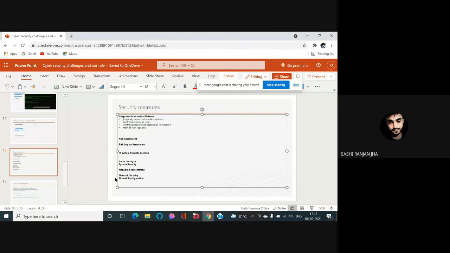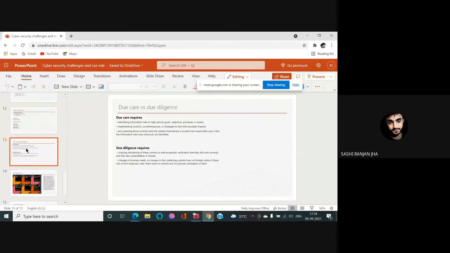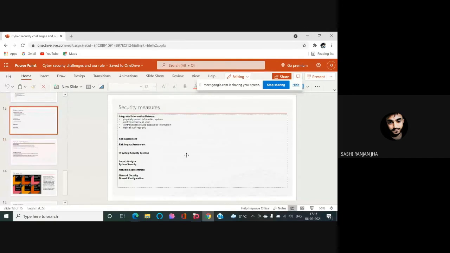Then network security and firewall configuration is defending all the devices within the network through some kind of monitoring system. Then there is due care and due diligence. We have talked about all the assessments, all the things that we should take care of before starting, in order to secure our infrastructure.